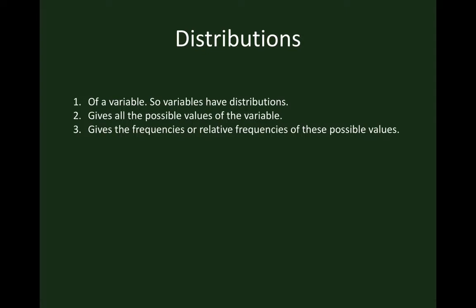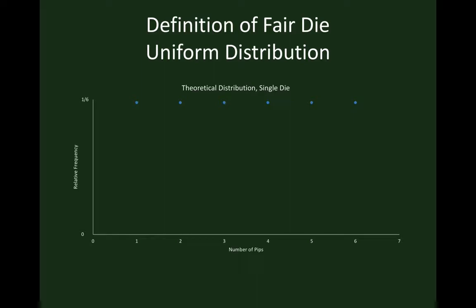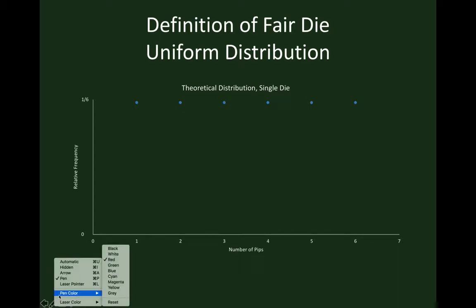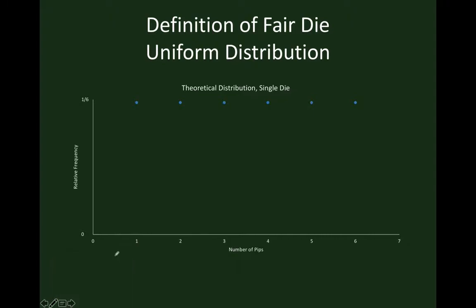Now here I have a frequency plot for the distribution of a single fair die. I'm going to go back and review that. And I'm drawing a different type of frequency plot than I did in the previous lecture on this. This is a relative frequency plot. And notice up here I have 1/6, and across the horizontal axis I have the numbers 1 through 6. And each of these